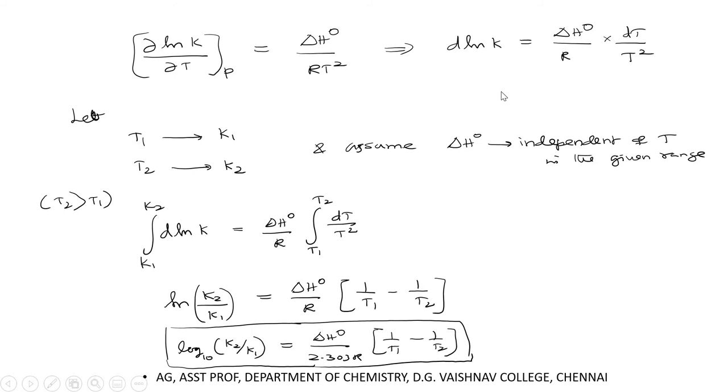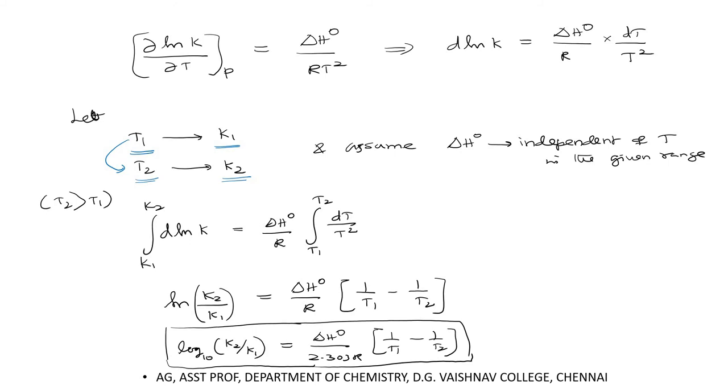Now, listen, suppose at temperature T1, let the equilibrium constant be K1. And if I increase temperature to some value T2, equilibrium constant changes. Very important: in the case of pressure, I have told you, increase of pressure never affects the equilibrium constant. It will affect only the equilibrium composition. Whereas in the case of temperature, change of temperature will change the value of equilibrium constant.